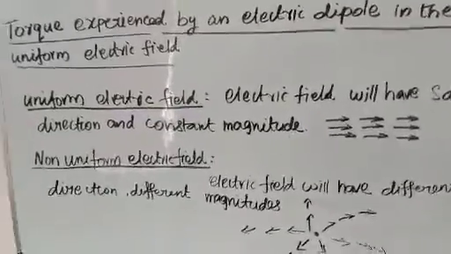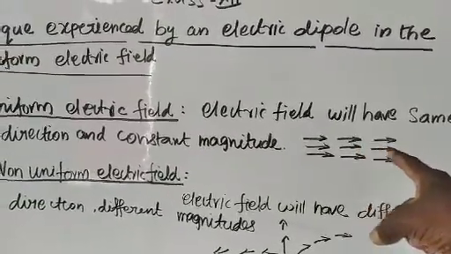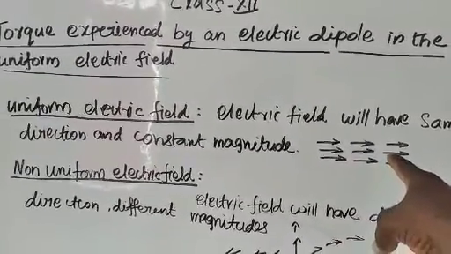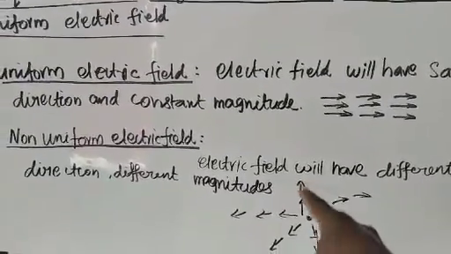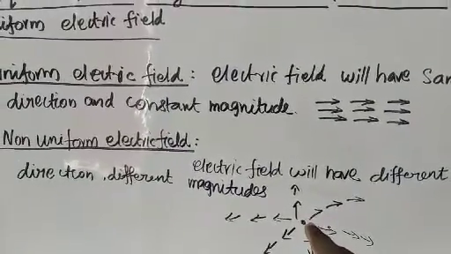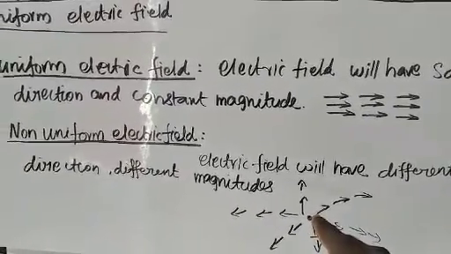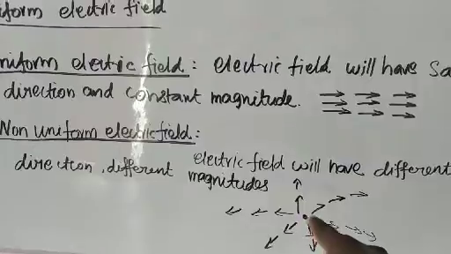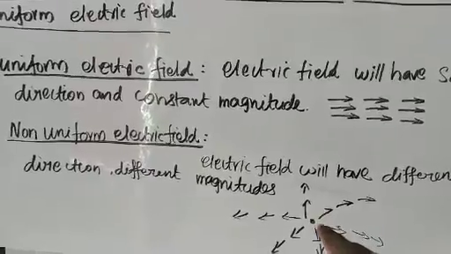So, you see the figure. Here electric field lines travel in the same direction with the same magnitude. So this is called uniform electric field. Here electric field lines travel in different directions, either magnitude same or different. This is called non-uniform electric field. Everybody knows very well, around a positive charge the lines start from the positive charge radially outward. So this is an example of non-uniform electric field.